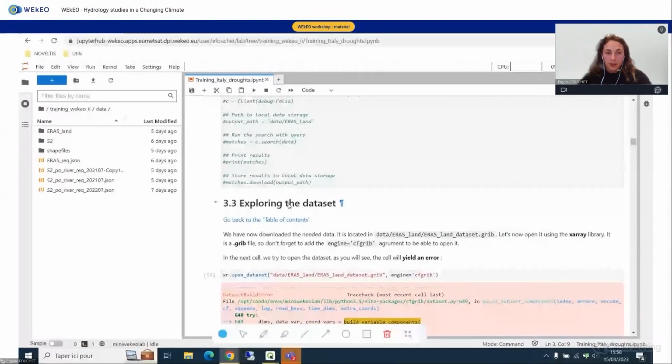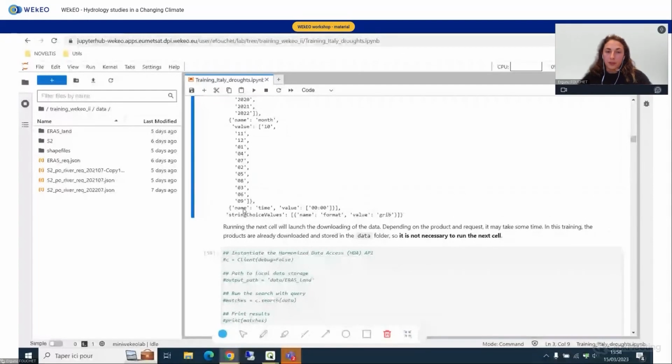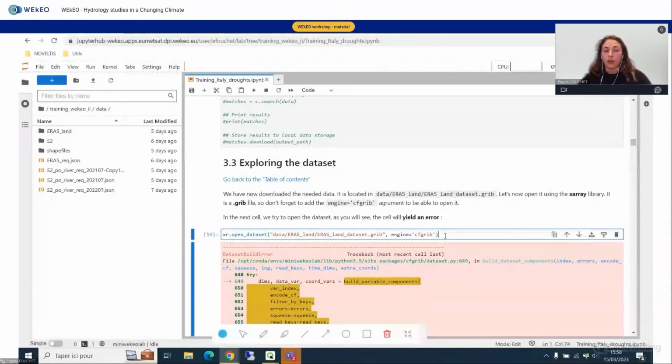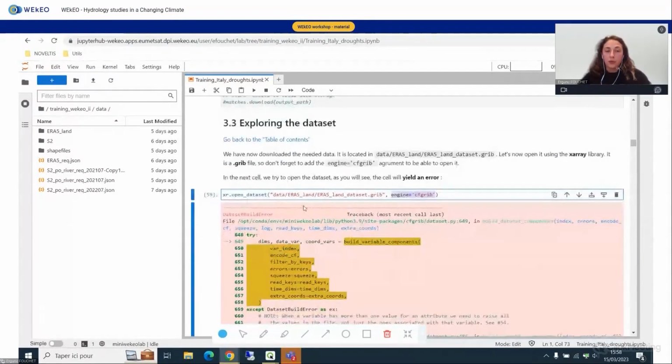If you have a look at the request, you can see that we have asked to download the file in the GRIB format. That's something we chose for the notebook to be more convenient. If you try to open the file with the xarray open_dataset function, you will first need to specify that you're going to open a GRIB file. So you have to put this. But if you run this cell,